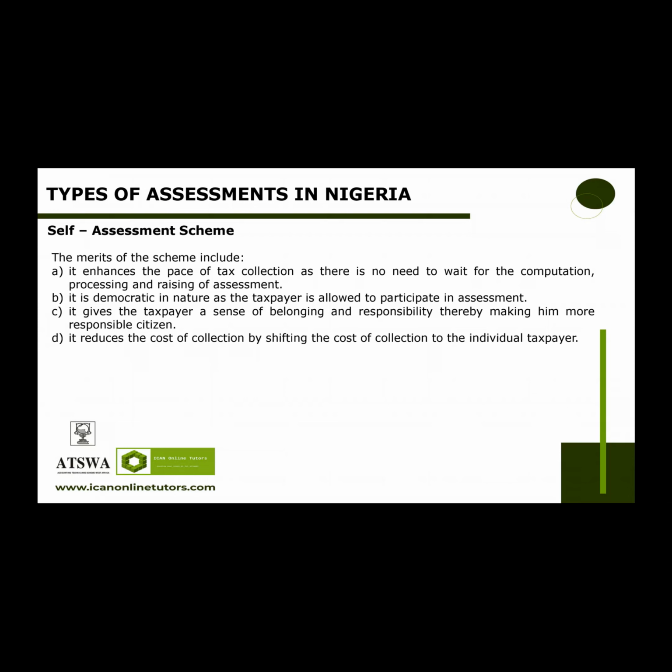Suffice it to say that the taxpayer can forward with the returns a bank certified cheque for payment of the whole or part of the tax due. However, the request for installment payments must be made and accompanied with a bank certified cheque for the first installment. The self-assessment scheme, if well implemented, is a subtle way of increasing the tax revenue base of the government without coercion.